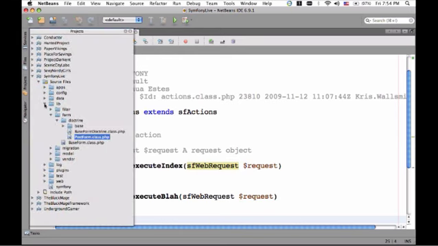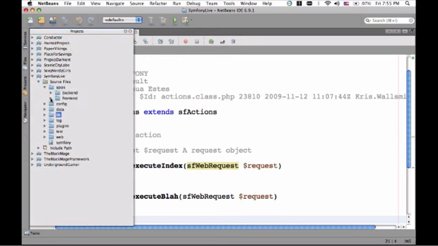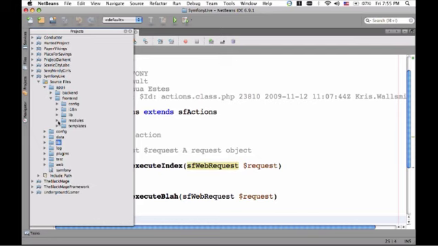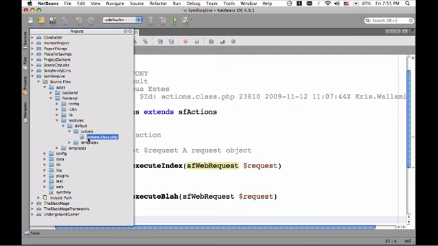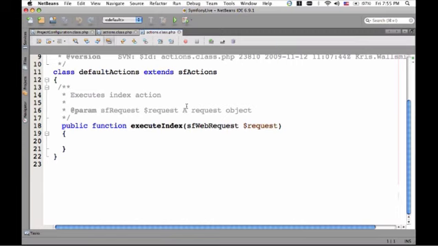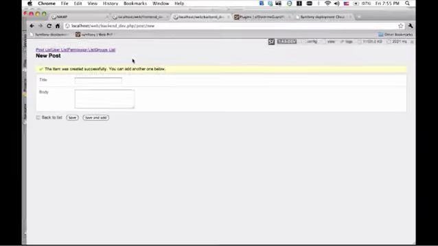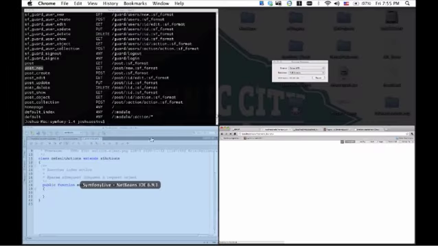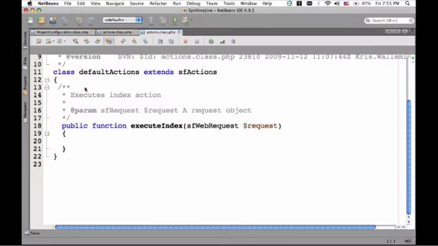Okay, now we want to go back to our front end app modules, the default module we created earlier, and now we want to write some code so whenever people go to this page, they're going to see those posts. So how do we do that? Well,